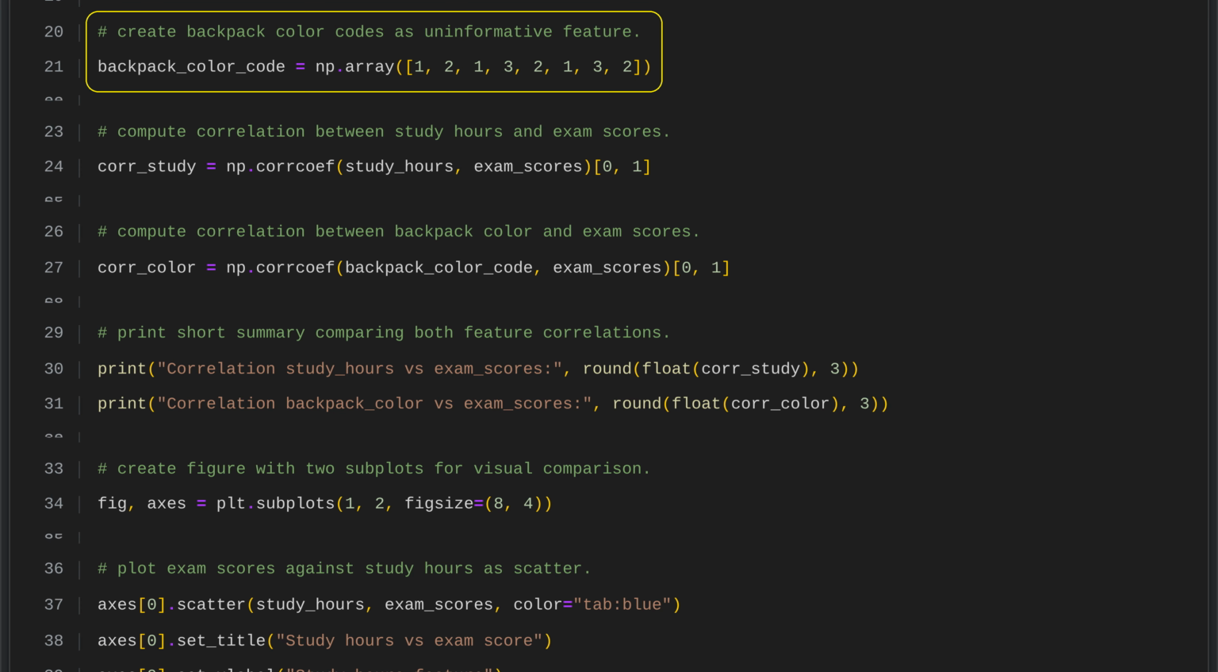We create an array called backpack color code that holds a sequence of numbers representing different backpack colors, such as 1, 2, 1, 3, 2, 1, 3, and 2. This array is used as a feature in our analysis of exam scores. However, these numbers are intentionally chosen so they do not have any meaningful relationship with the exam results. This setup helps demonstrate what an uninformative feature looks like, in contrast to features that actually help explain or predict